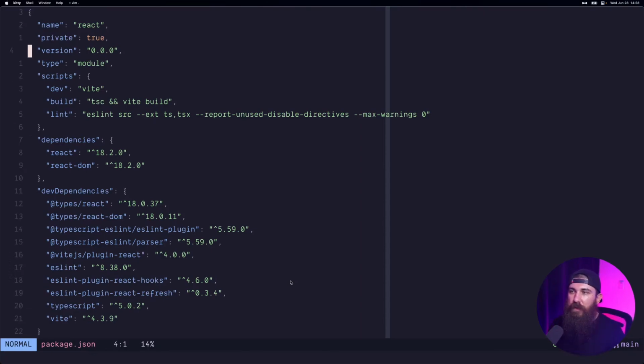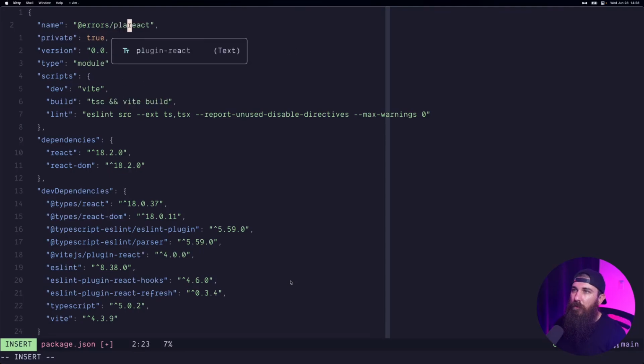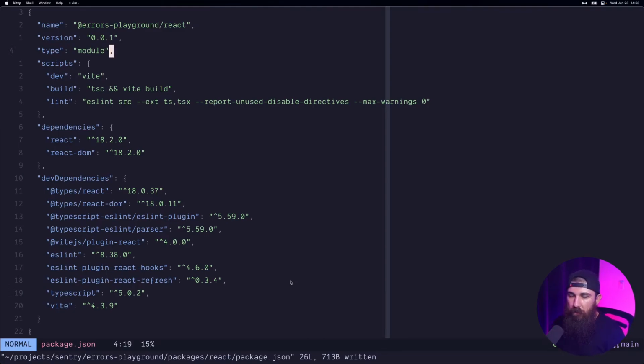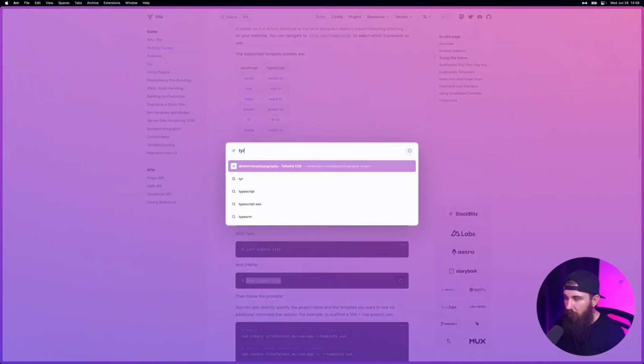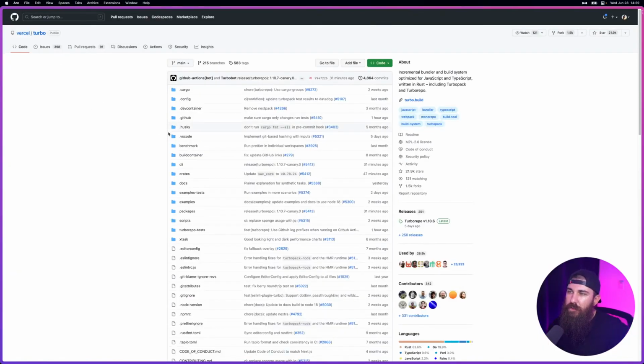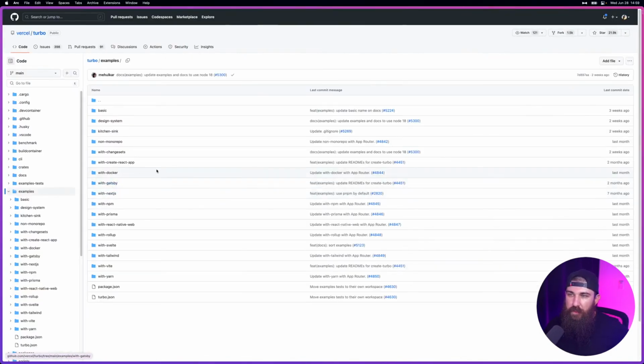Yeah. The idea is that we want to define this as like a library, you know? Here's Playground React. This is not going to be a private one. Let's just keep it at 001. Type module. And then we also need to define, let me see, turbo repo. We need to define examples, the path of,